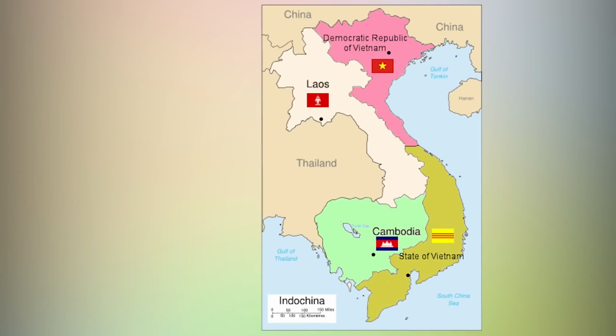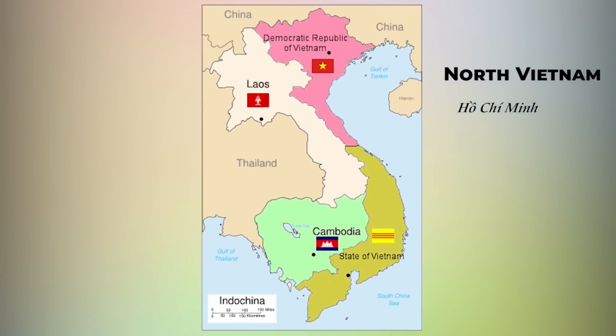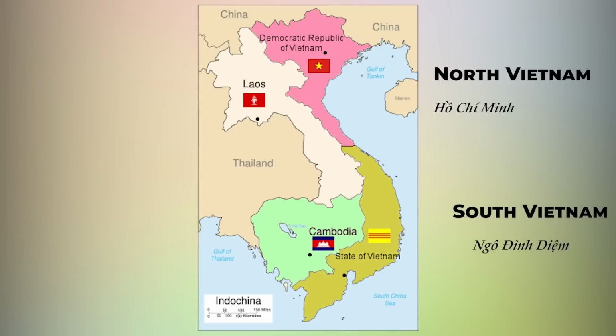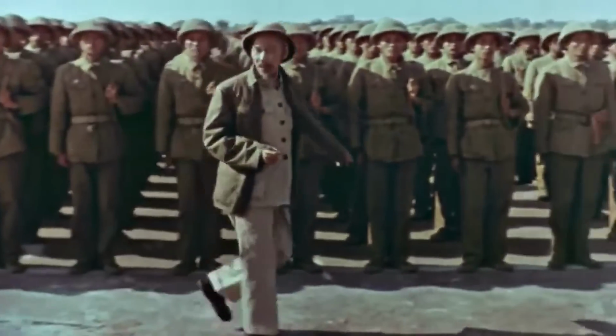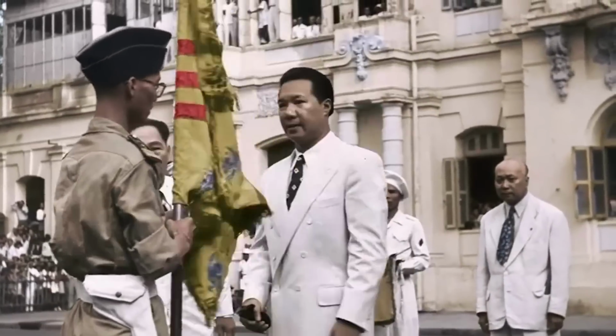This First Indochina War ended with the Geneva Accords in 1954, leading to the partition of Vietnam into the Communist North Vietnam and anti-Communist South Vietnam, and marked the end of French colonial rule. North Vietnam remained under Ho Chi Minh and the Communists, while the South also became authoritarian under pro-Western President Ngo